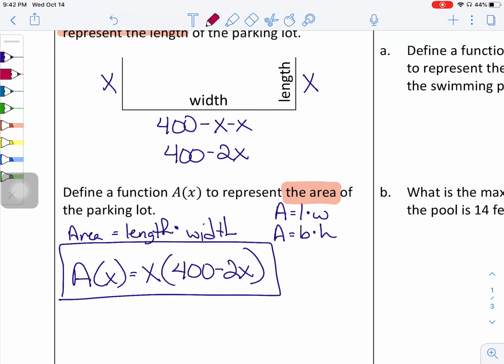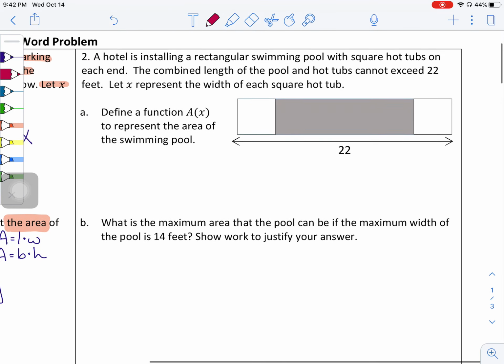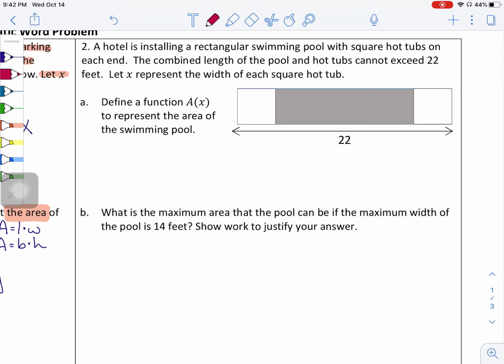Okay? So I'm going to go ahead and do the same type of idea for problem number 2 here. Now the picture looks drastically different. So let's get into the word problem and actually annotate it to see what's going on. A hotel is installing a rectangular swimming pool with square hot tubs on each end. The combined length of the pool cannot exceed 22 feet, and let X represent the width of each of the